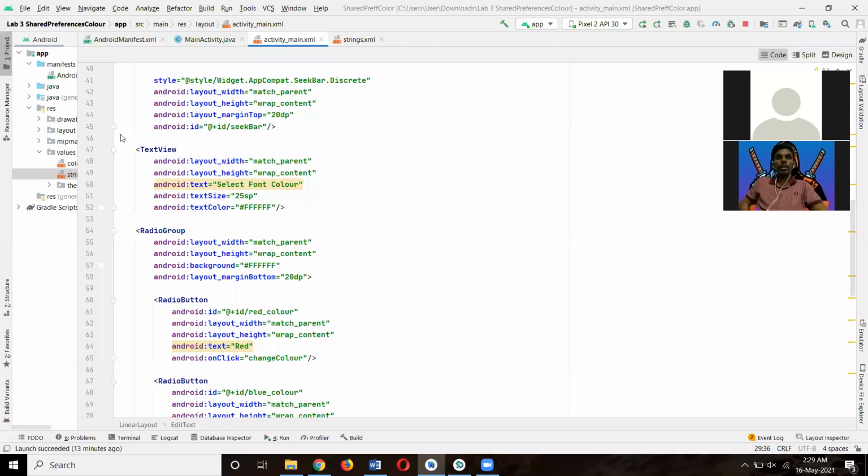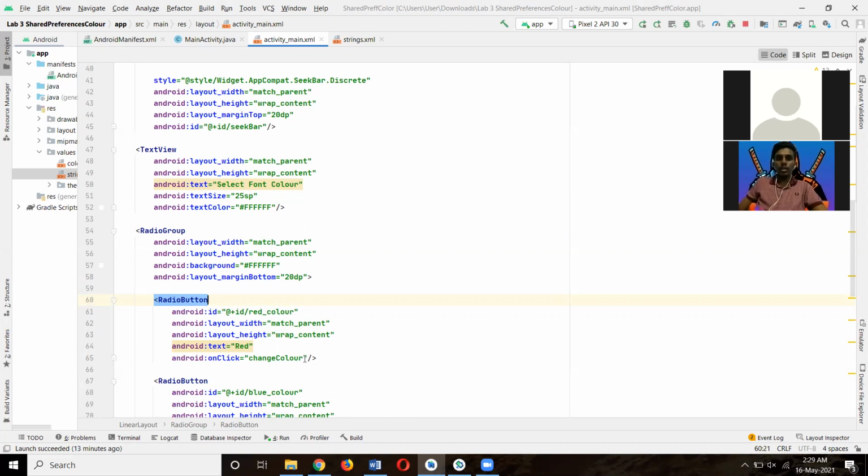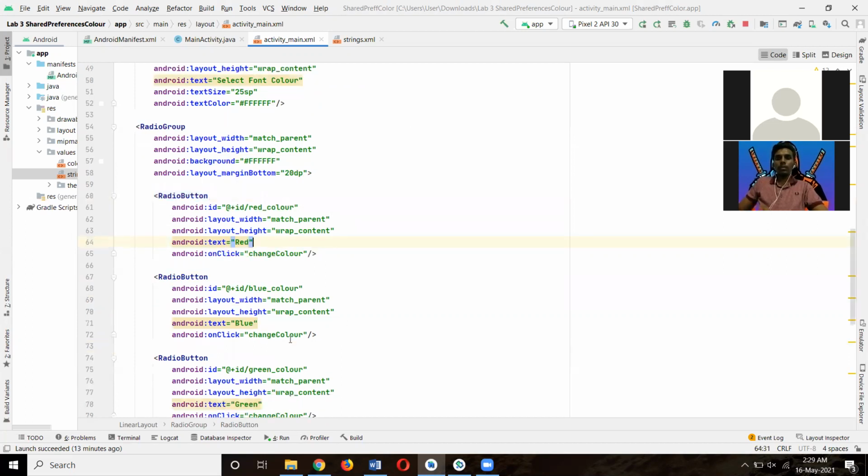This is the third text view. The text is "Select font color", the text size is 25 sp, and the text color is this code. For the radio group, the background is this code, and inside the radio group is radio button one, which has id red_color, text red, and android:onClick is changeColor.